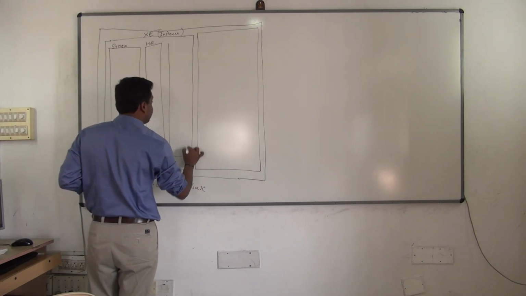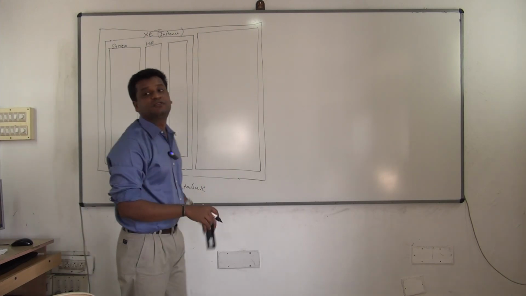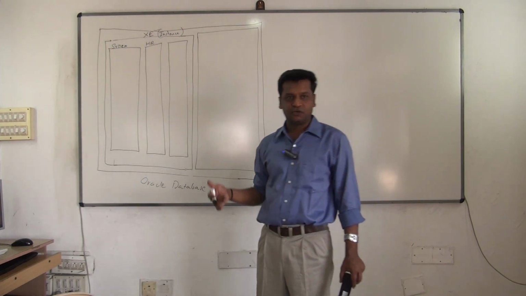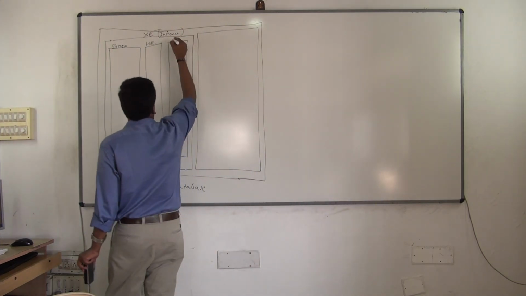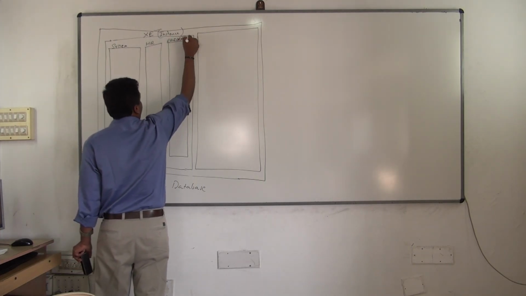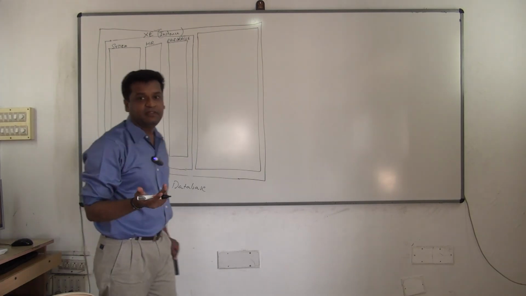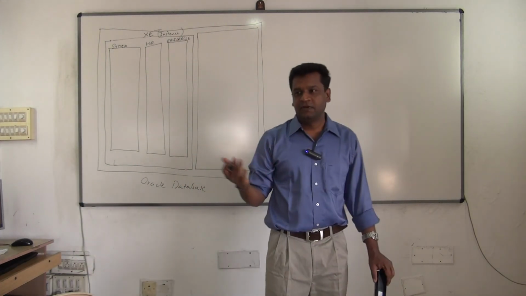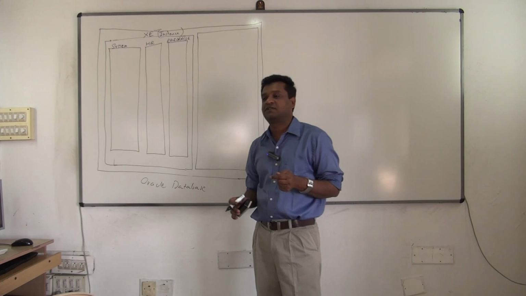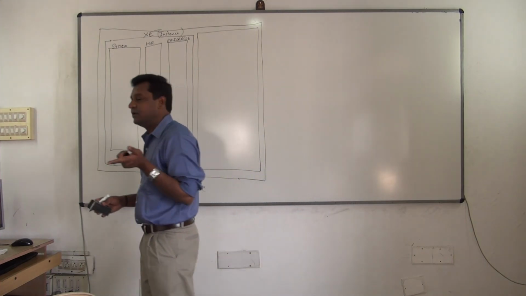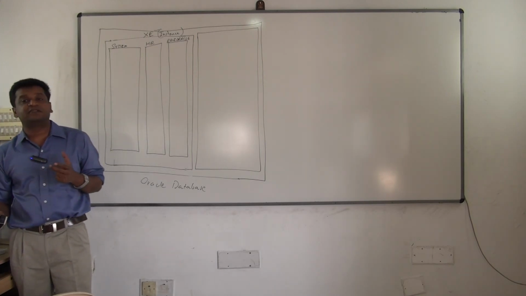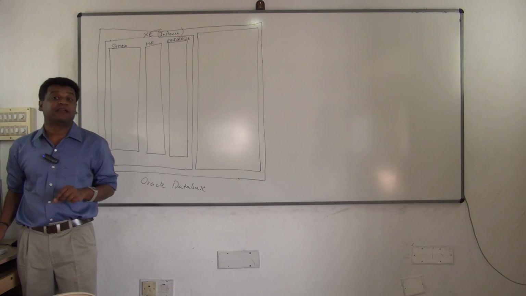If you want, you can create your own schema in Oracle also. I'll create it now. I'll show you how to create it, as I just showed you in MySQL. Here I'll be giving the name of the schema as Ravi Oracle. That means some name, your own name, with the suffix Oracle. So Ravi Oracle is a schema in Oracle. That's how you can identify it. If I say Ravi MySQL, it's a schema in MySQL. Like that, you will have clarity later.